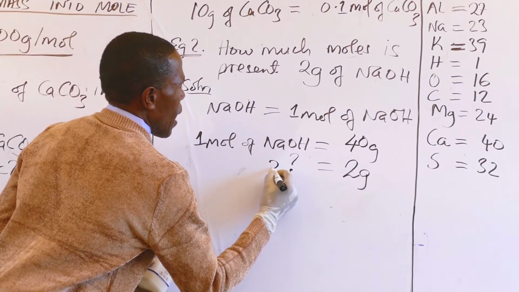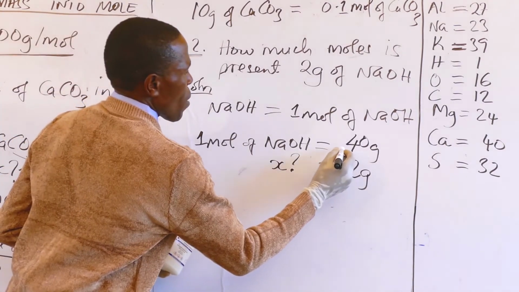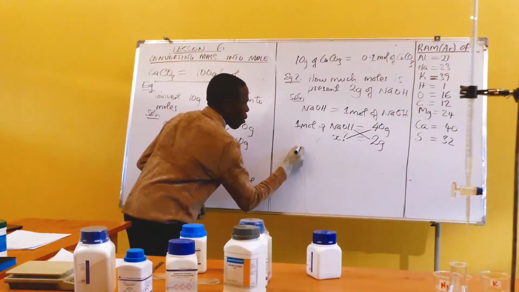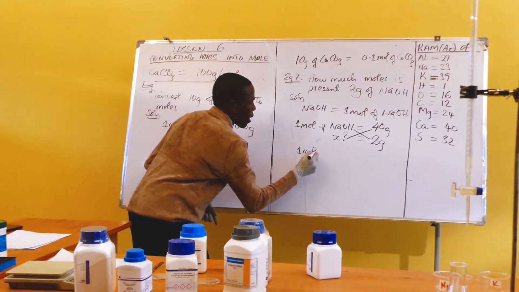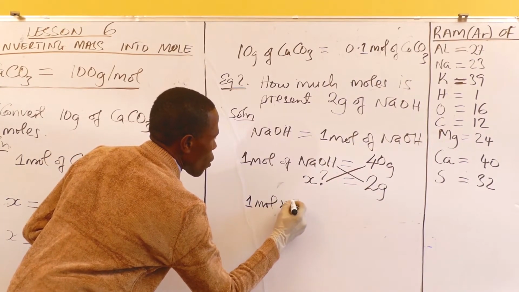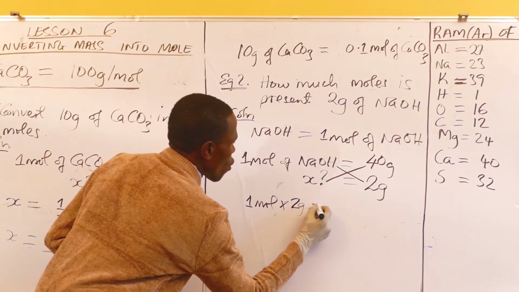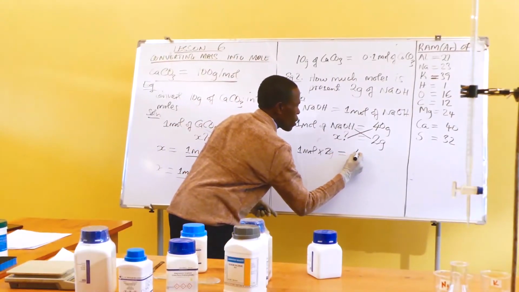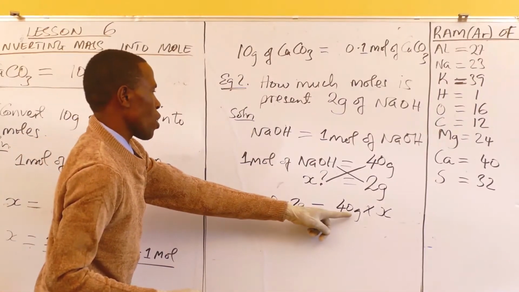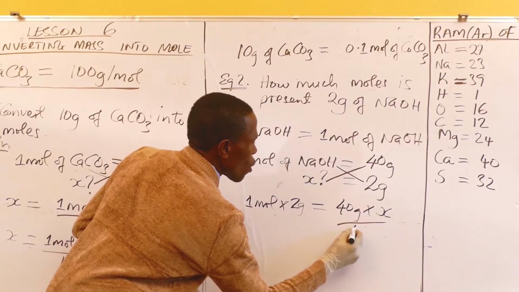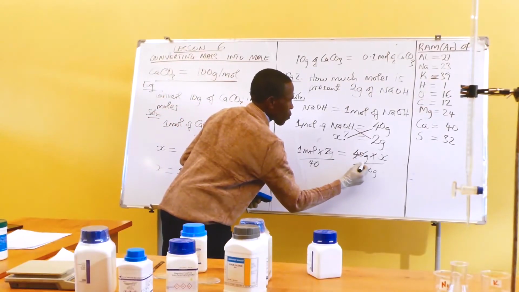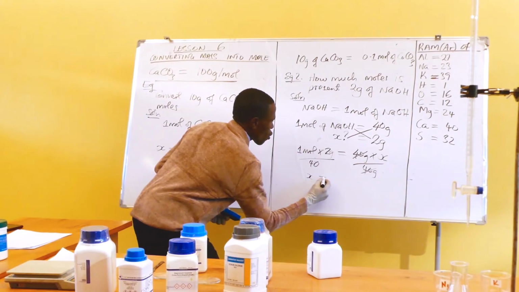We introduce X and a cross multiplication. 1 mole times 2 grams equals 40 grams times X. Now to get this X, we divide both sides by 40 grams, and then we can cancel them. There we have X equals